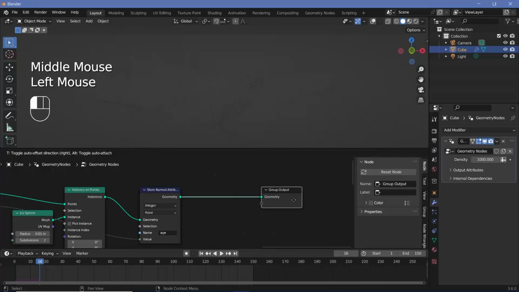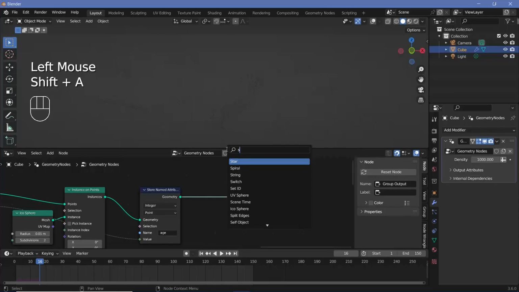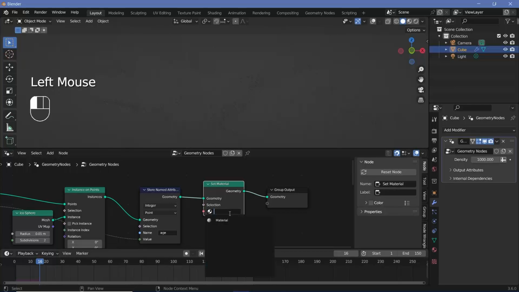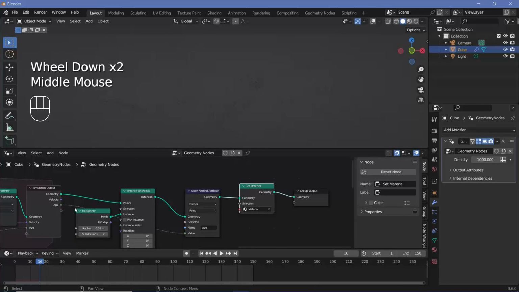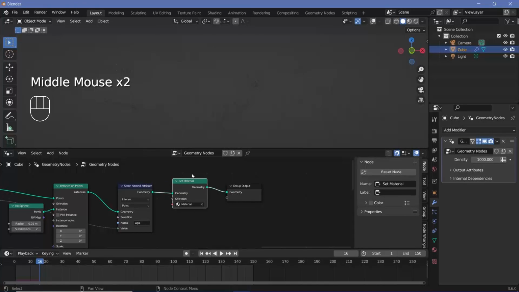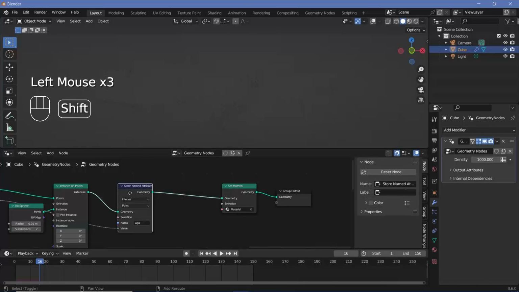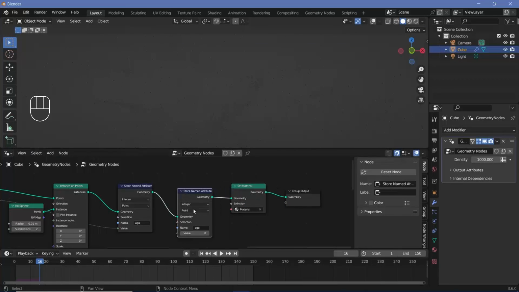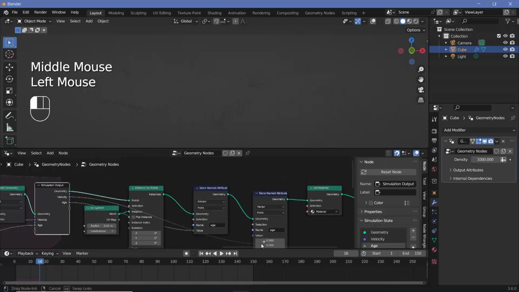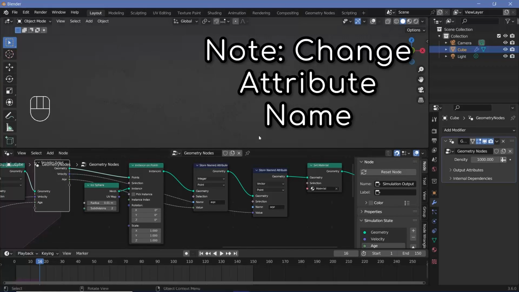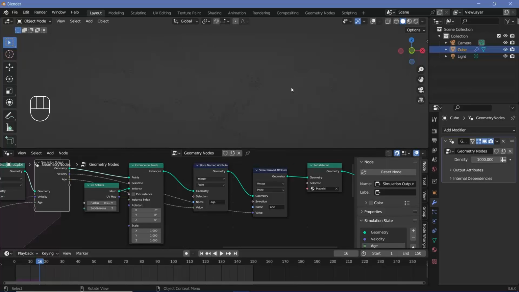Then I also need to set material. So I'll press Shift A and search for a set material. I'll plug it in here and I'll choose the default material. Now, apart from the age, you could be using the velocity as well. Maybe I'll use that. So I'll store in the velocity as well by duplicating the store named attribute. And this time I'm going to change it from integer to vector, and I'll take this velocity and plug it in right about there. So that way I can have fast moving particles as one color and slower moving particles